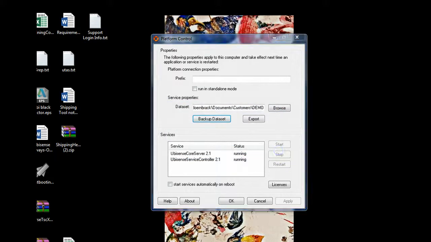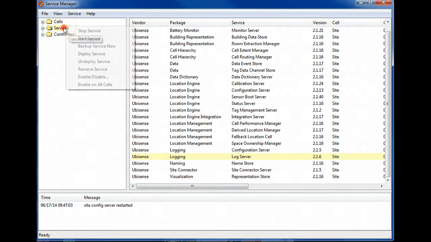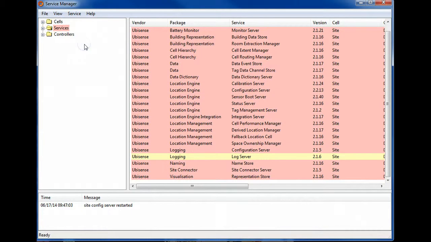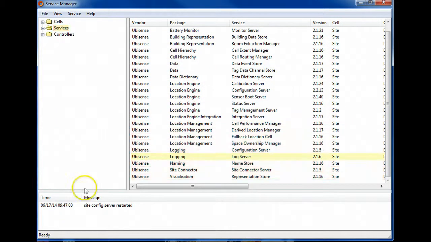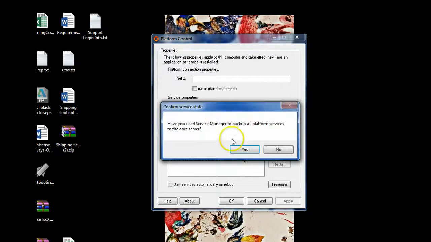So next, I will open up Service Manager. I will right-click on the Services folder and choose Backup Service Now. I'm going to go ahead and pause this while it does the backup. Now that the backup is completed, we can go back to the Platform Control, click the Backup Dataset button, and